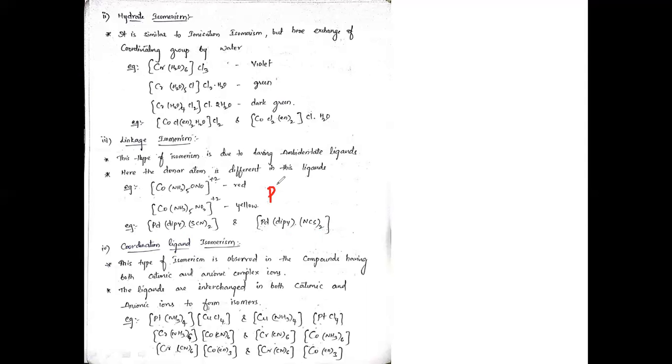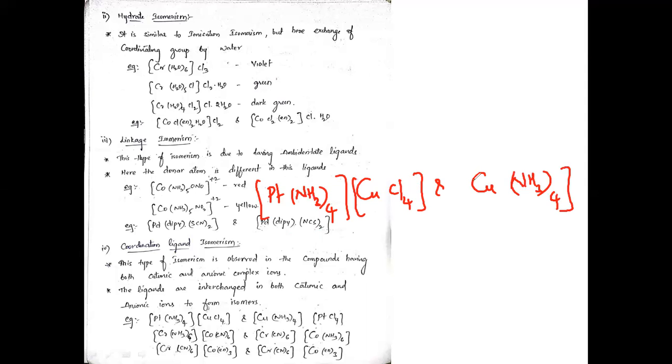The platinum NH3 taken 4 and CuCl4, and the other one, Cu NH3 taken 4 and platinum Cl4. You can check here what is the difference between